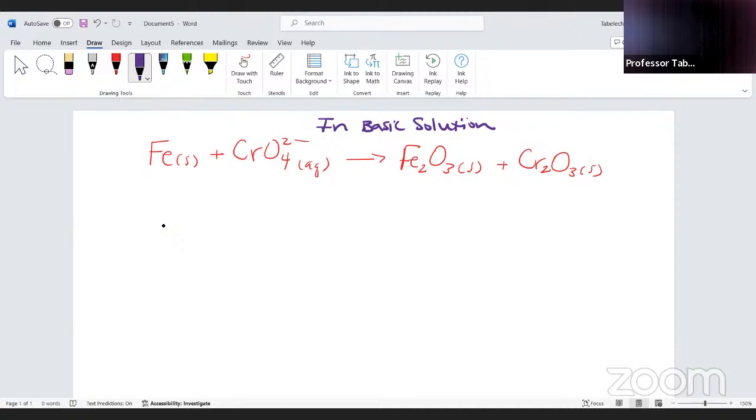So now for this particular problem, in order to do basic solutions with oxidation and reduction, first you want to write the formula equation followed by an ionic equation. Of course, you then want to assign oxidation numbers to each of the elements, okay? So let me show you all that first step. So right here,